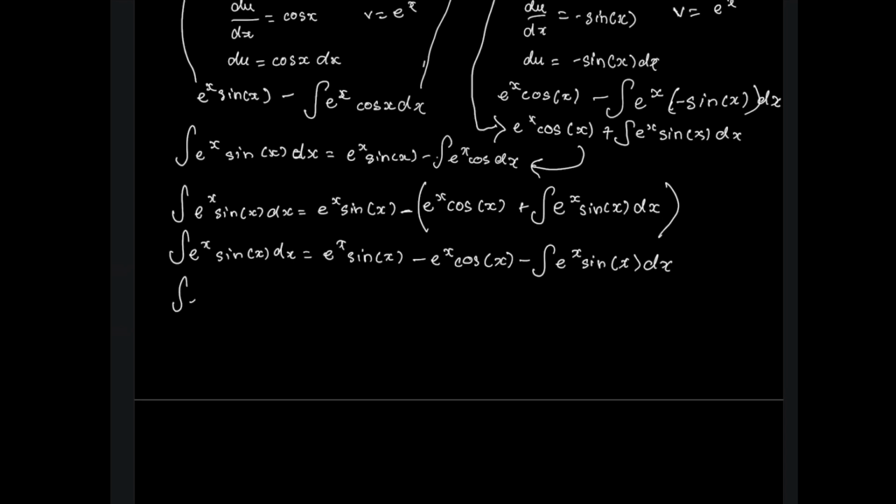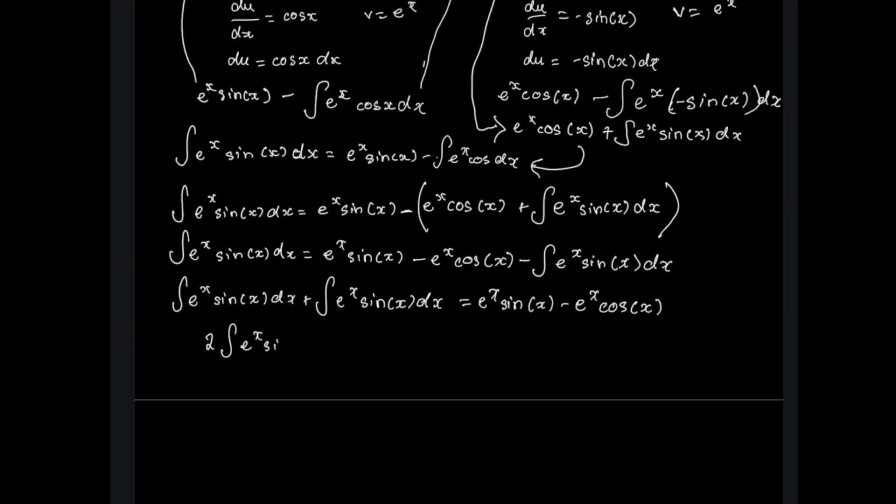So that would be integral of e power x sin x dx plus integral of e power x sin x dx is equal to e power x sin x minus e power x cos x. Integrals can also be added like algebraic functions, so we can just add this and therefore we get 2 into the integral of e power x sin x dx, which is equal to,